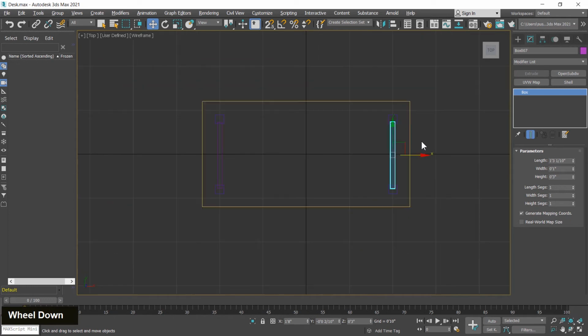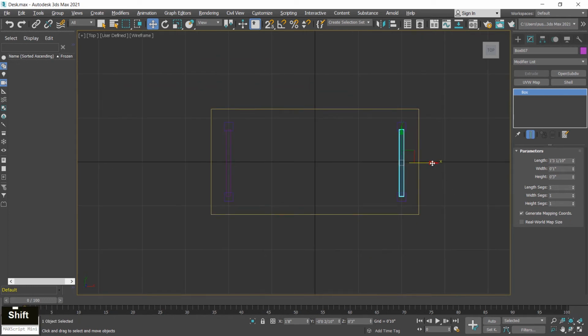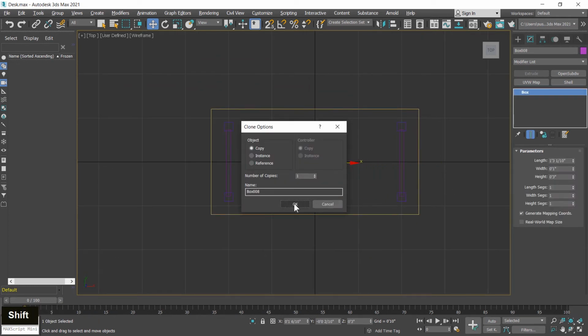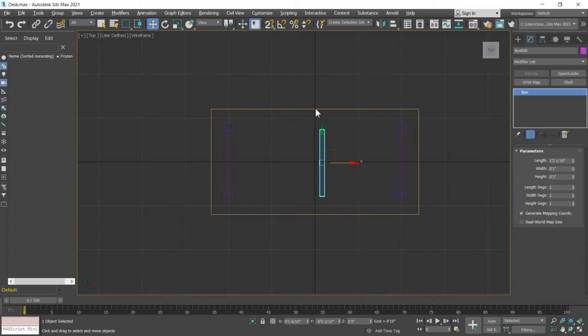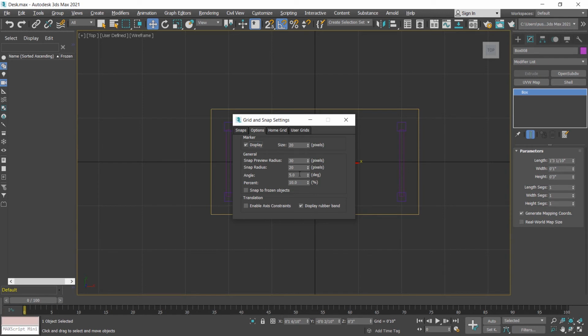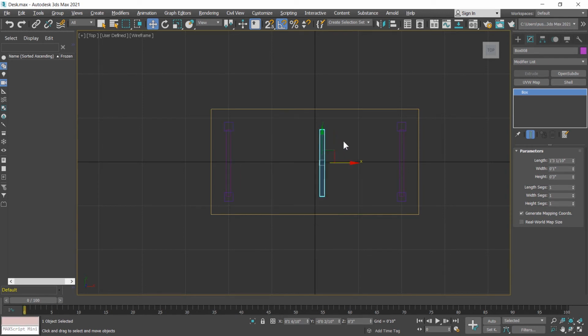Okay. Now I create a duplicate copy and rotate. For creating other side, click on the angle snapping, then right click and choose 45 degree. Now I switch to rotation tool and rotate by using this gray color circle.